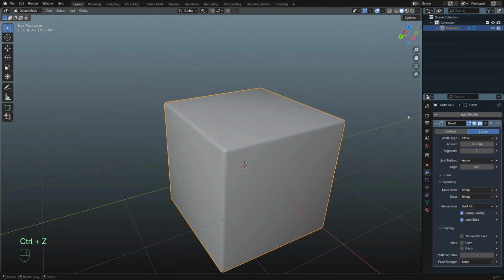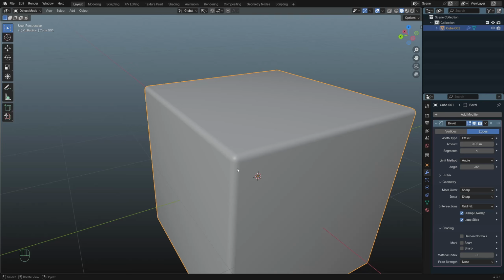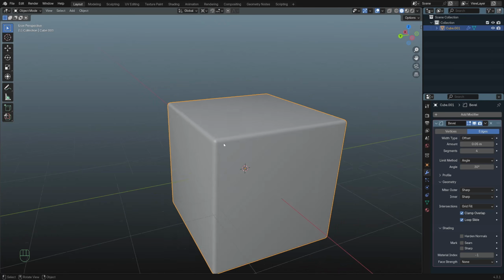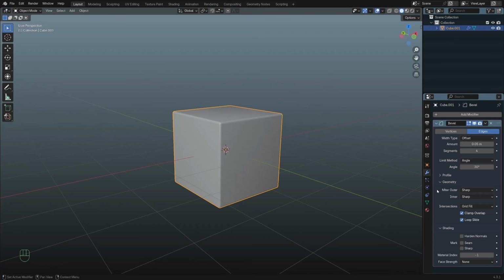And in case you are not using subdivision on top of this to make this a lot nicer and smoother, you can probably set the segments to something like 3 or 4. That will give you this type of polished look over here. Okay, now let's talk about the limit method, which is a really important feature in the